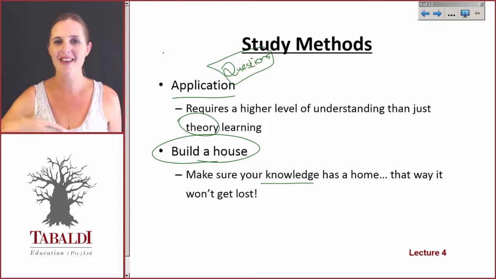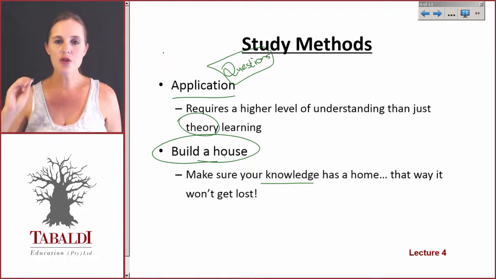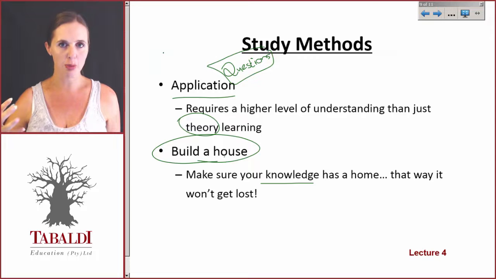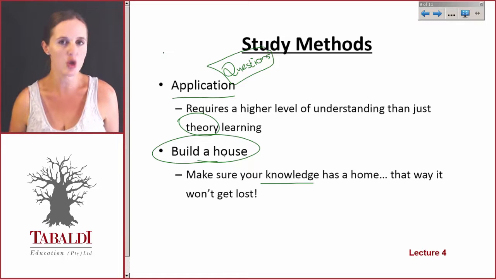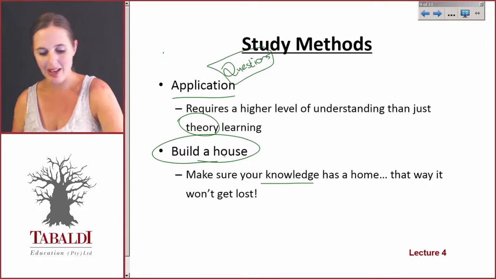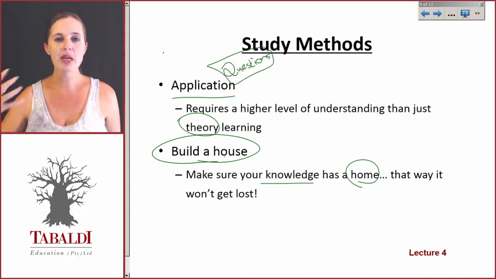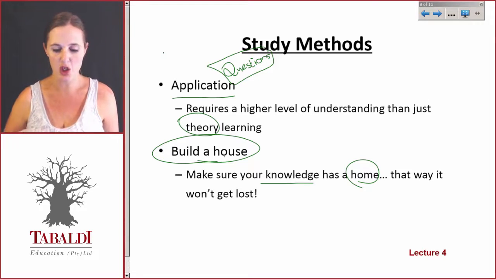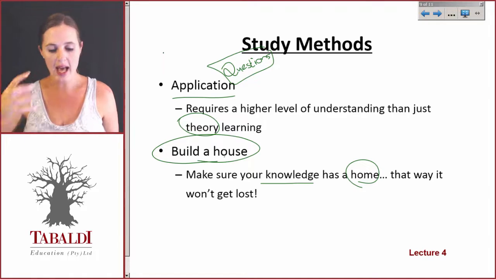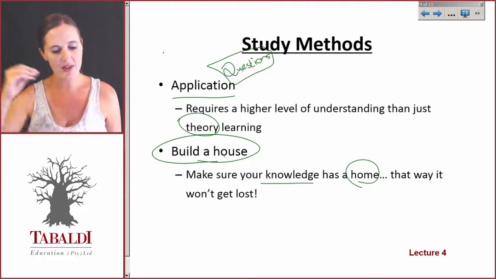So I kind of talk about it as orphan information. If you just throw knowledge and theory at your brain without your brain understanding why it needs it, then all you're doing is throwing orphan information in there and your brain doesn't know what to do with it. So we build a little home for our information. That means you create a knowledge gap. What am I studying? Why am I studying this? What is this supposed to be doing? What am I going to do with this information? What is the objective of this information? And that way, when you put the information in, it has a home, right? It has a little space, and then it understands this is where it goes.